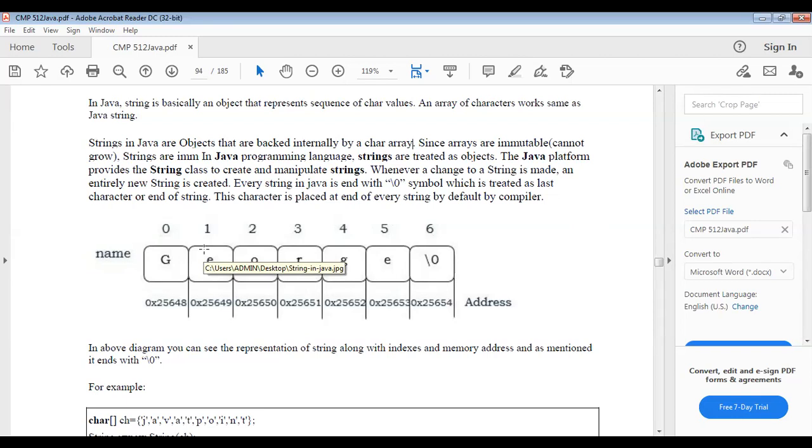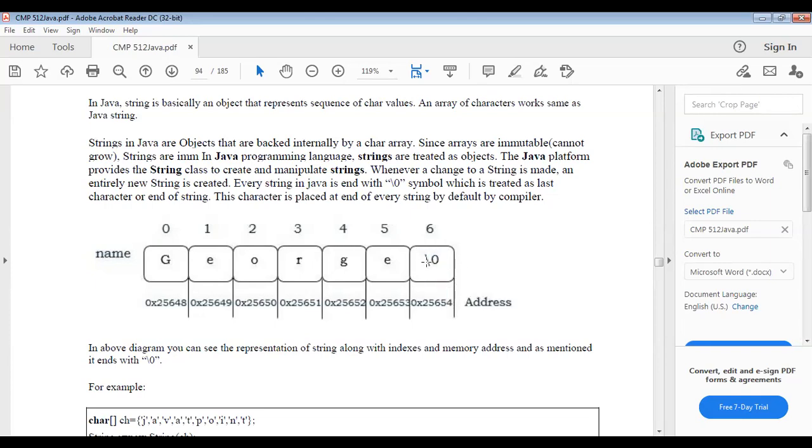Here we can see the example GEORGE. The letters are specified in different boxes, like a numbered array. Zeroth position G, 1 E, 2 O, 3 R, 4 G, 5 E, and in the last position \0.